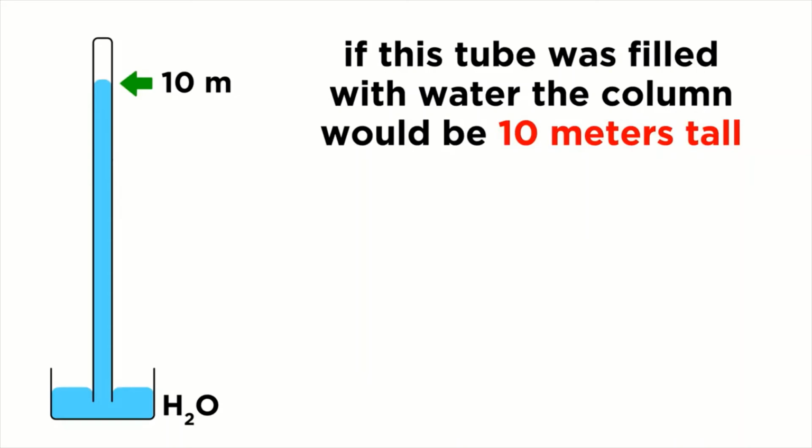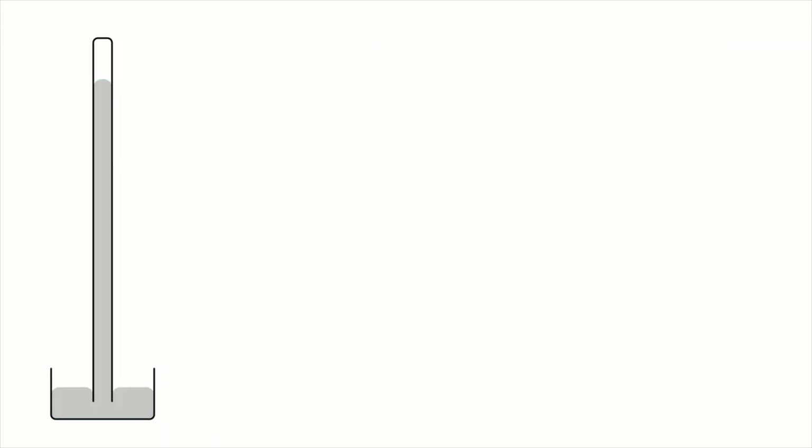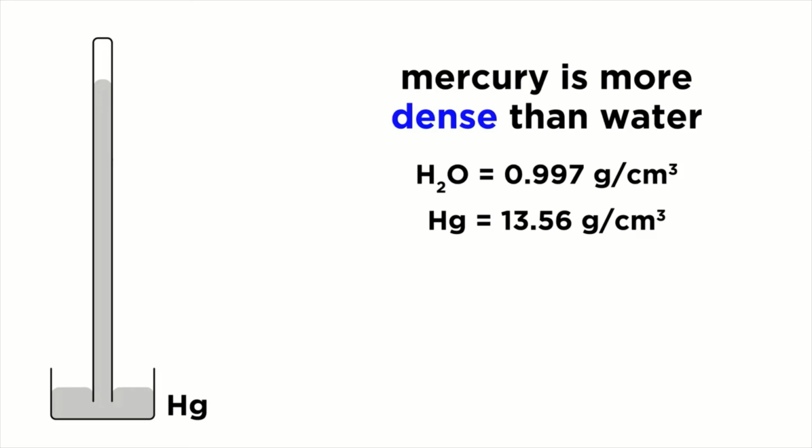In terms of the liquid chosen, if we were to use water, normal atmospheric pressure can support a column of water over 10 meters tall, which is not terribly convenient for storing or taking measurements. For this reason, we decided to use a different liquid. Mercury is much more dense than water, so a mercury barometer will not have to be so tall. In fact, atmospheric pressure will support a column of mercury that is only 760 millimeters tall.